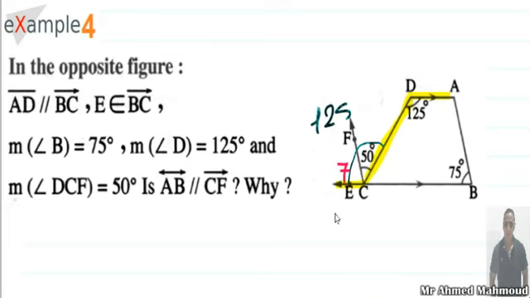Then this angle equals 75 degrees. Okay, again, since AD and BC are parallel and this is a transversal making a Z shape, that makes angle D and angle C equal in measure. The whole of angle C equals 125, then 125 minus 50 equals 75 to get this angle. Now we have angle FCE here equals 75. It's equal to angle B, and they are corresponding angles, as we see here. If we highlight AB like this and highlight FC like this, and the transversal here makes letter F as you see, then we have two corresponding angles and equal,